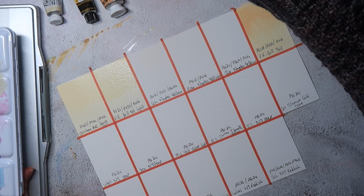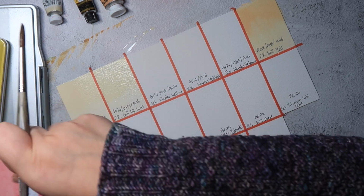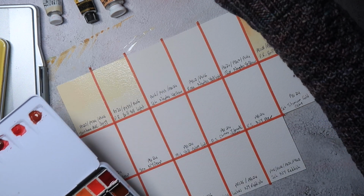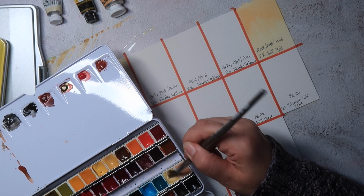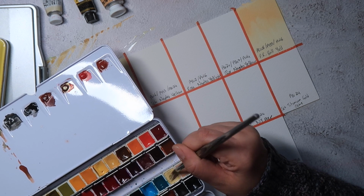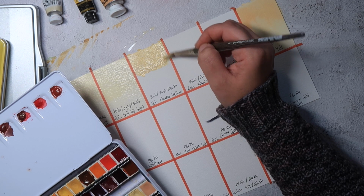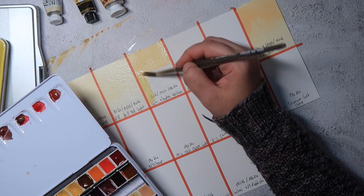Next up, I have three options from Schminke to include here. So we are going to start with Naples Yellow. Actually, 3 or 4? 4. So we have just straight up Naples Yellow, which is a really lovely buttery colour. This is a mixture of PW6, so that titanium white, PY53, which is nickel titanate yellow, and PBR 24,